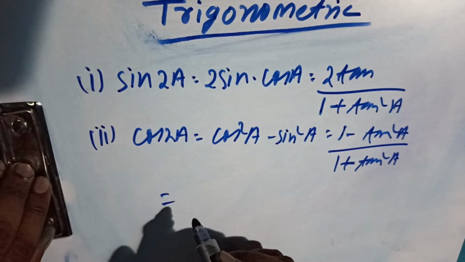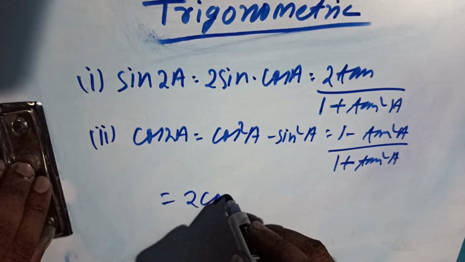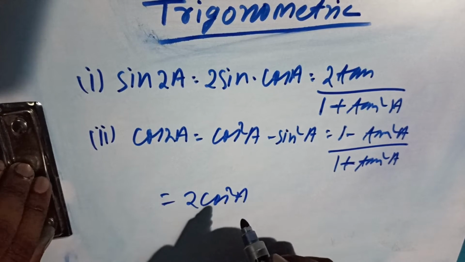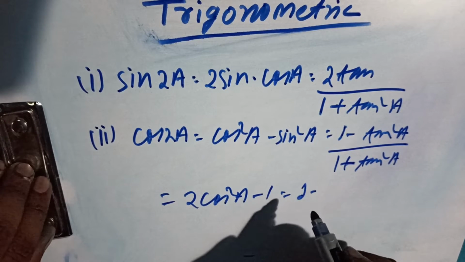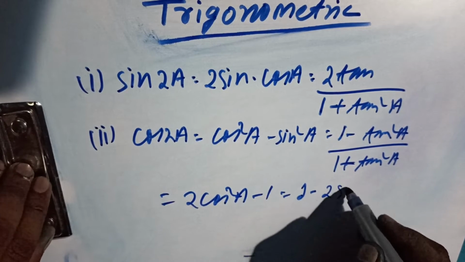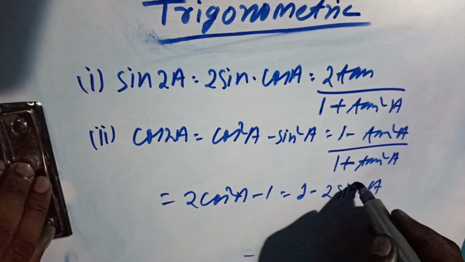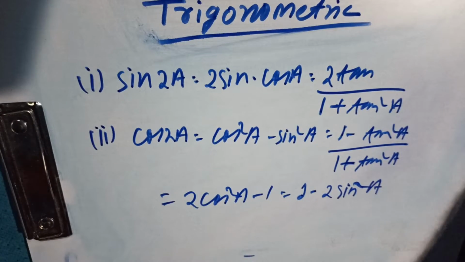This formula is also written in another form: 2 cos square a minus 1, and also written as 1 minus 2 sin square a. So remember,